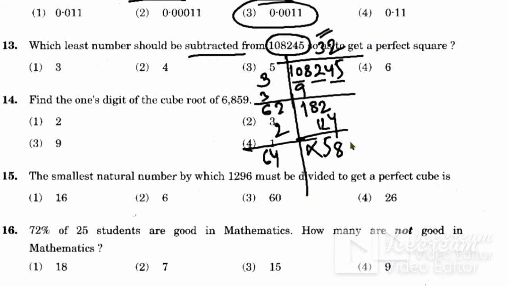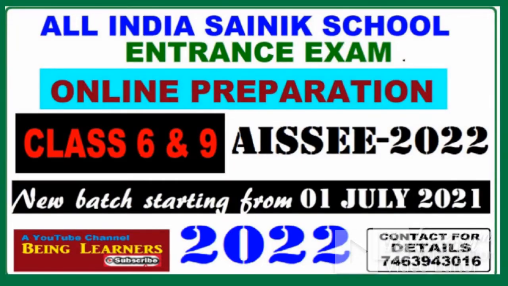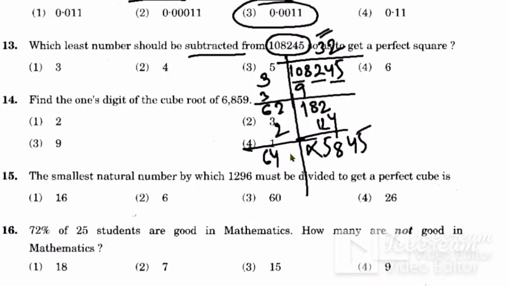ओके, नाउ ऊपर से लेंगे हम तो 45. ओके, सो 5845. अब यहाँ पे आपको थोड़ा सा अप्रोक्सीमेशन करना पड़ेगा कि क्या आप यहाँ पे ले सकते हो, ठीक है. तो यहाँ पे है 64, ठीक है. थर्ड डिजिट लोगे आप तो 640 से लेकर 649 तक हो सकता है, ठीक है.